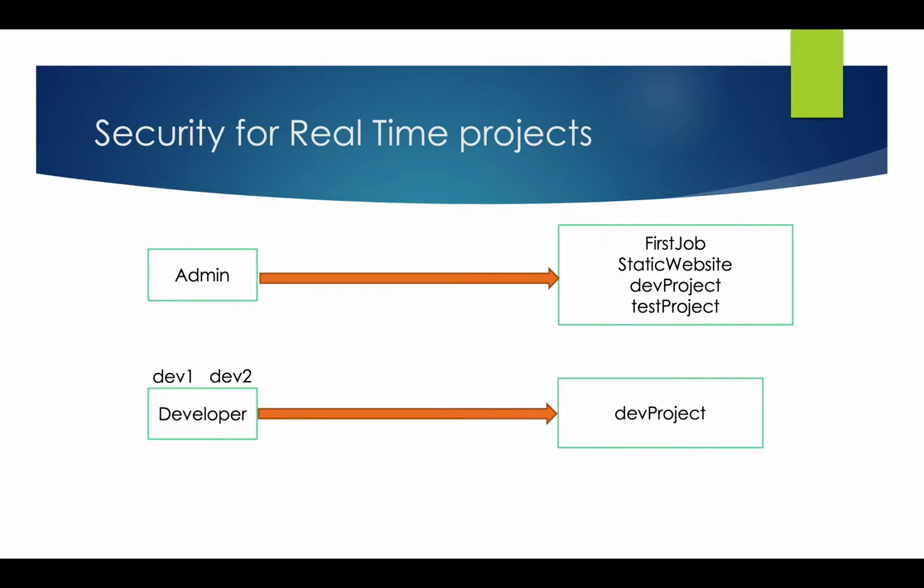A developer can do any action on the dev project, like he can create the job, he can delete the job, whatever we want. But in real time, we won't give deleting access to either developer or tester. Only the admin can do that. Creating we can give, but deleting we won't give permission to the developers. And if you're running any automation scripts, the tester has some testing jobs also, right? For this the tester can also access the test project.